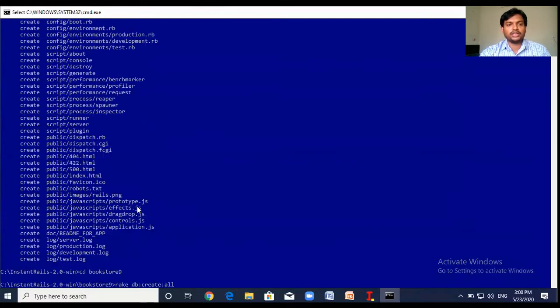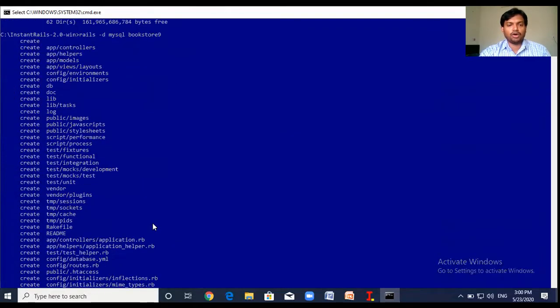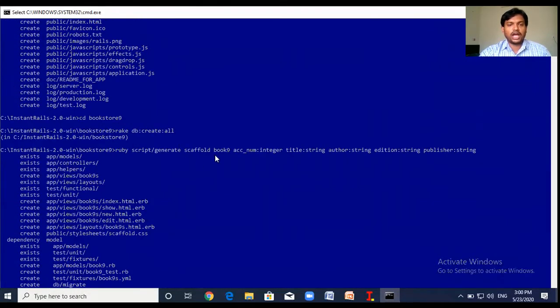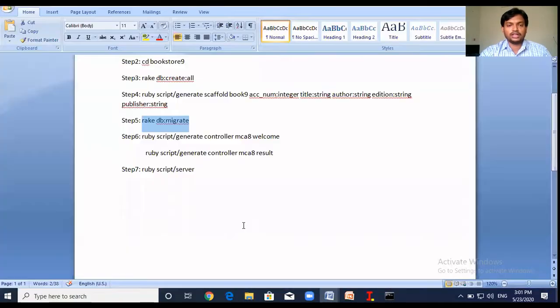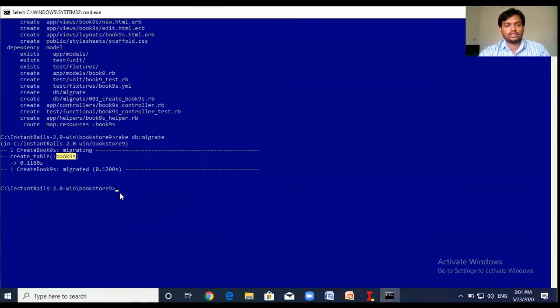Now we have created the application, followed by the copies of the database, and also we created the table. After that, the next step is we need to create a controller. For creating the controller, we need to run this line: ruby script/generate controller. Here the name of the controller is MCA9, followed by the page, the welcome page.